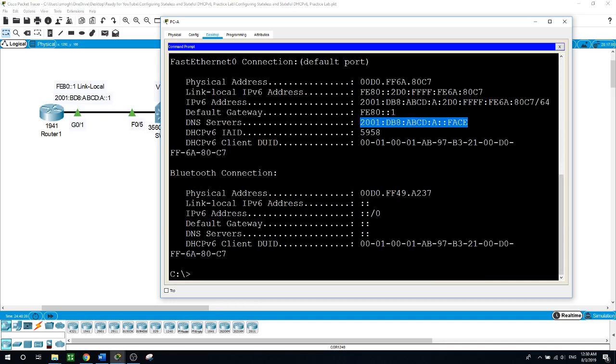Now I will verify that PCA did not obtain its IPv6 address from a DHCP server. I will use the show command, show ipv6 dhcp binding, and another show command, which is show ipv6 dhcp pool, to verify that PCA did not obtain an IPv6 address from the DHCPv6 pool. Now on router 1,